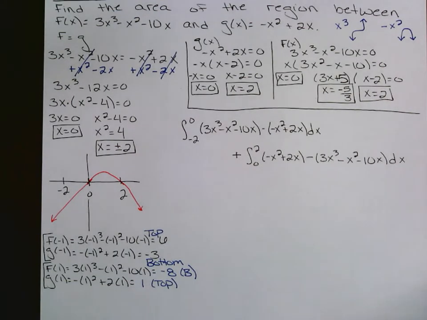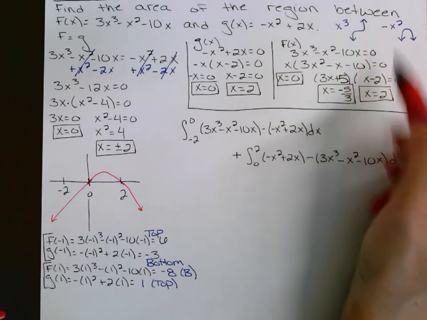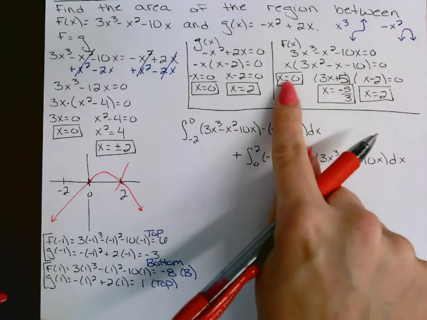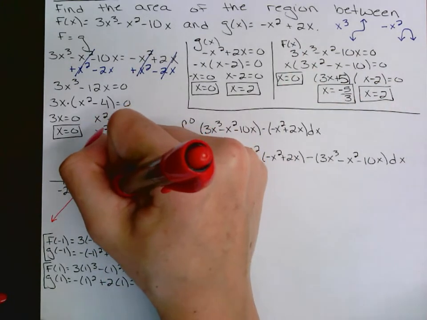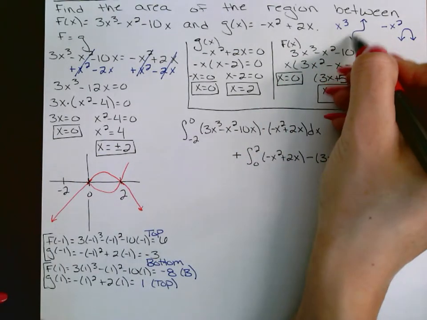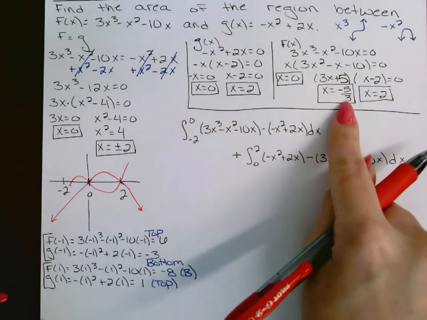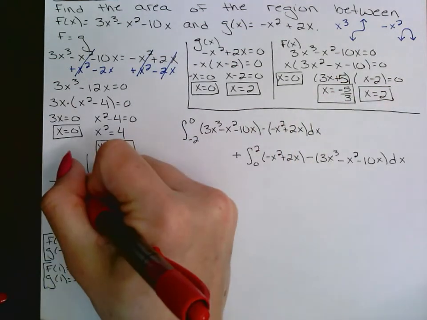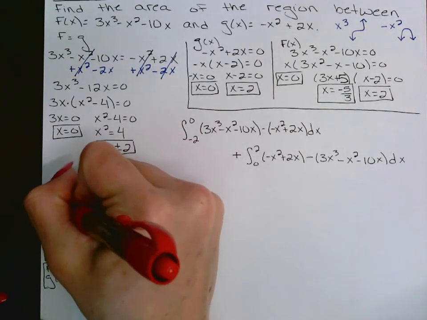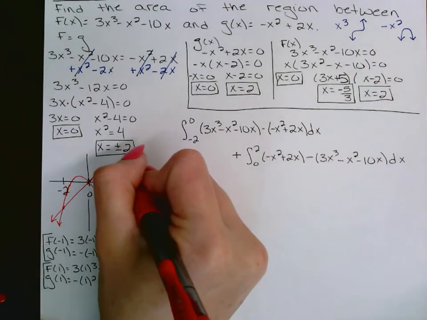All right, so now that we know that point of intersection, again, we know this is a cubic. So we know it's going to hit positive 2. It's going to come back and hit 0. And then I need this portion, and it'll come back up and then hit, let's say this is negative 1 point something. And then we also know that at -2, they're going to intersect. So somewhere around here, they're going to intersect. So there is your visual